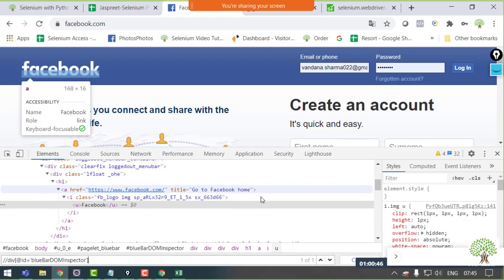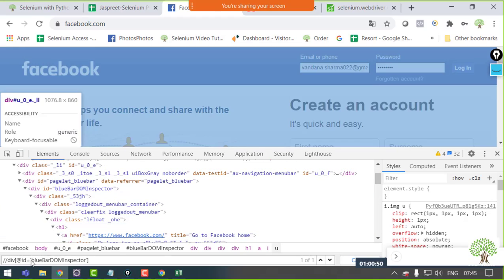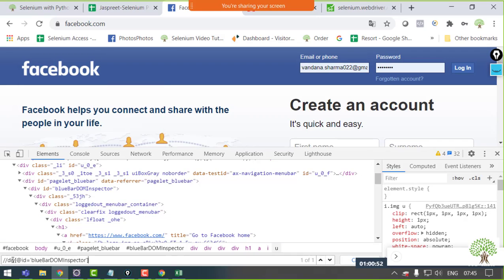There is some issue. It's not highlighting. Otherwise, it highlights the text in yellow whenever we are making it. It's not highlighting. There might be an issue with the